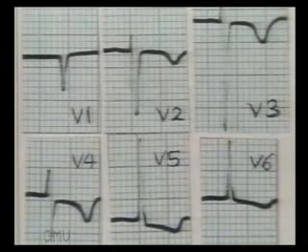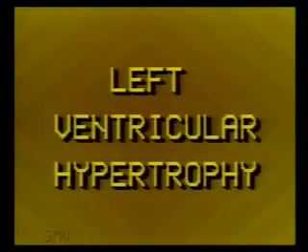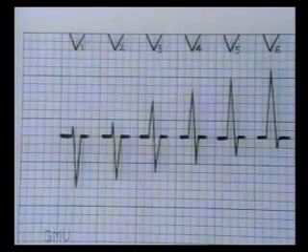This ECG shows a normal QRS pattern in the chest leads. Note the S wave in right-sided chest leads, which disappears as we reach V5 or V6. R and S are equal in V4, and the R wave progressively increases from V1 to V6. In left ventricular enlargement, this pattern remains the same, but the amplitude of the waves increases. This is the normal pattern.